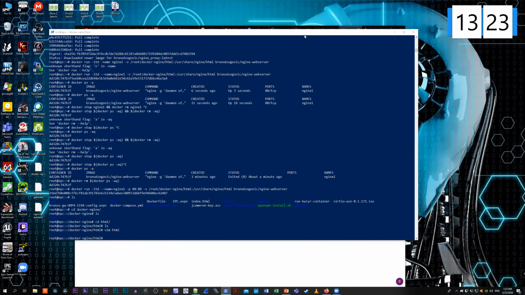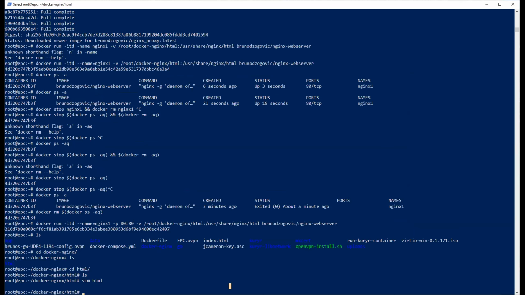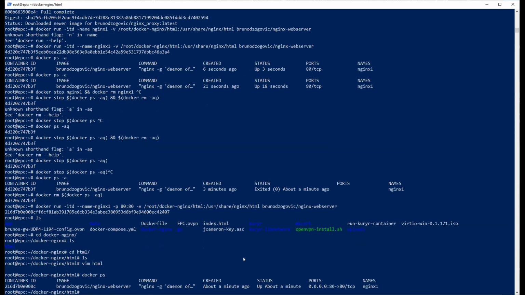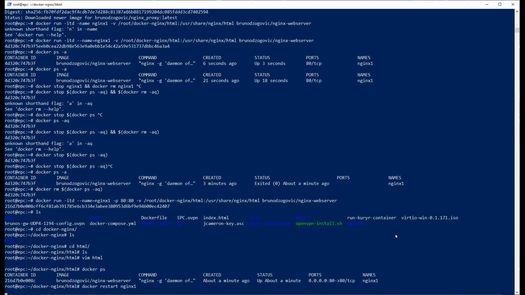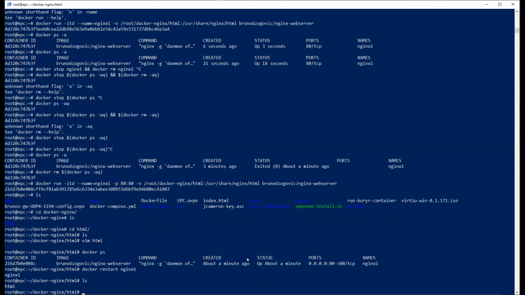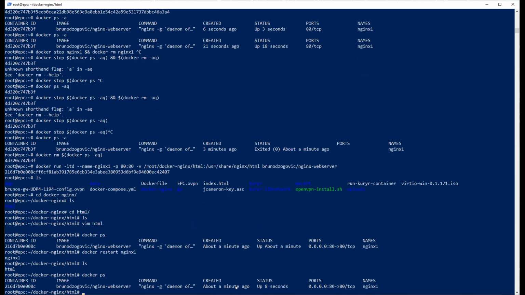In order to restart, you need to just restart the container. So docker ps -a or whatever. You can see the ports are exposed on the public IP, and you just do docker restart nginx1. If you don't have any persistent storage, that's going to go to hell inside the container. So we are using local volumes to solve this temporarily. If we check the container again, it's up 8 seconds, it's restarted.